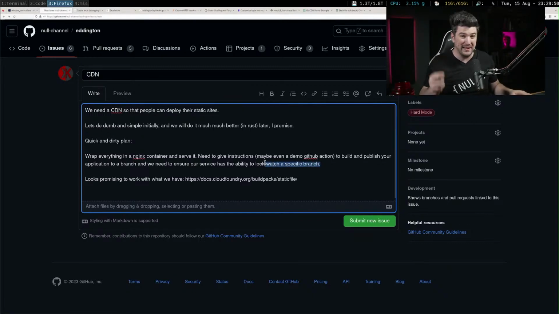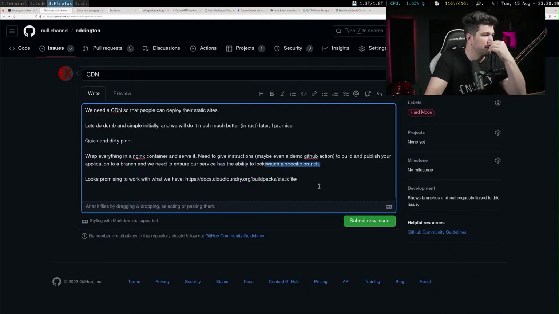Maybe when we get to that point, we'll actually make it its own service. I feel like the webhook should make an event on our system, and it should be like an integration, and we should just be listening for those events. That's how I would like to program it. So I'm going to see if the watching, especially the webhook, we can push off to a point. So basically, you'd have to press a button every single time you wanted to deploy. That container and serve it. Need to give instructions. Okay.